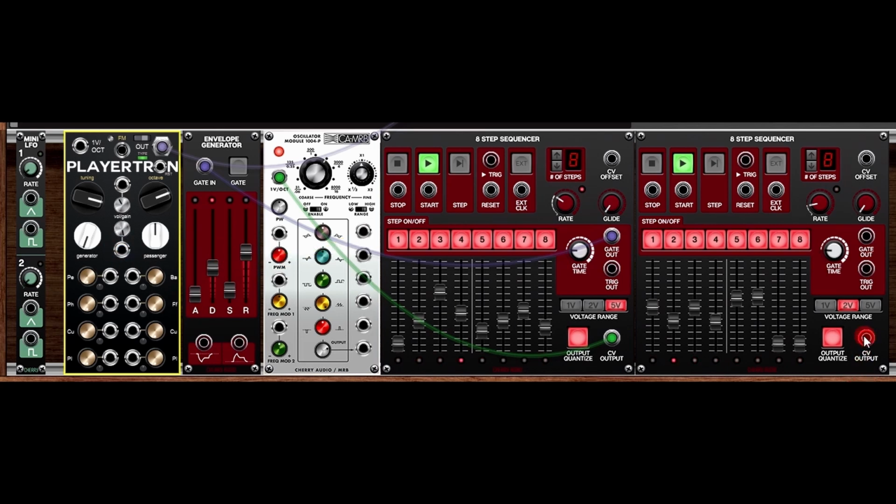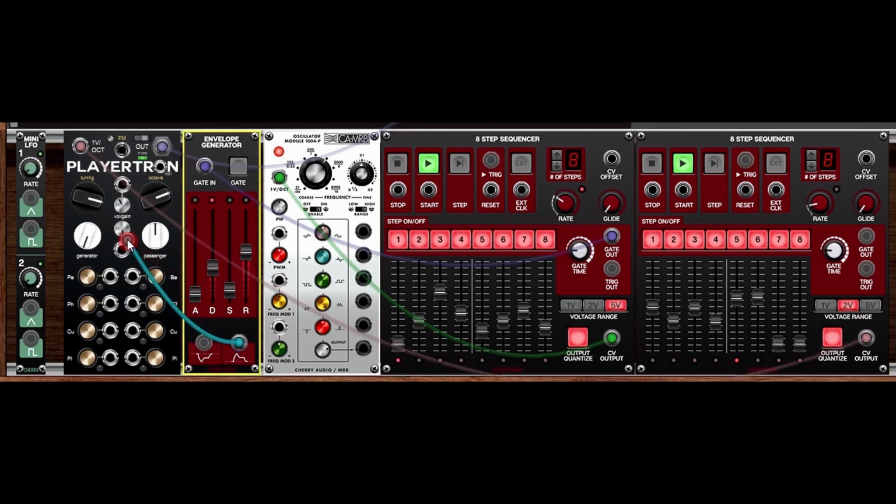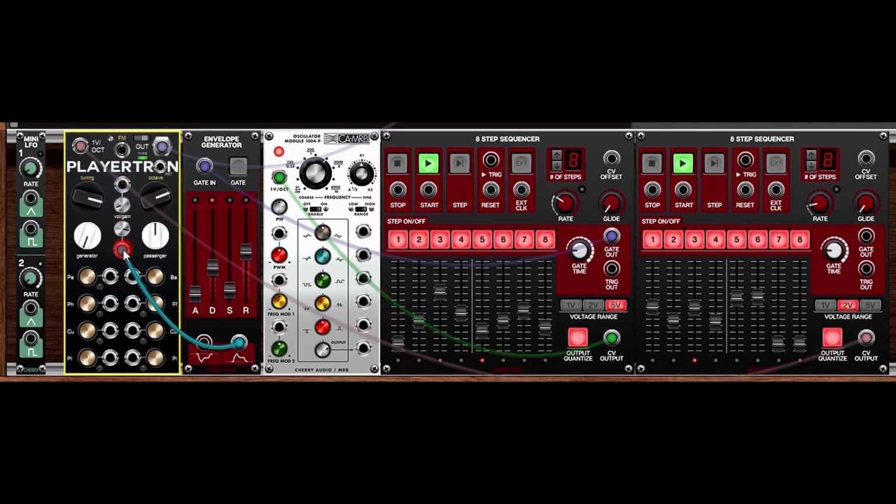Let me at first... and you see and hear mainly the differences. We get brighter, more distorted sounds when we modulate the gain knob, because